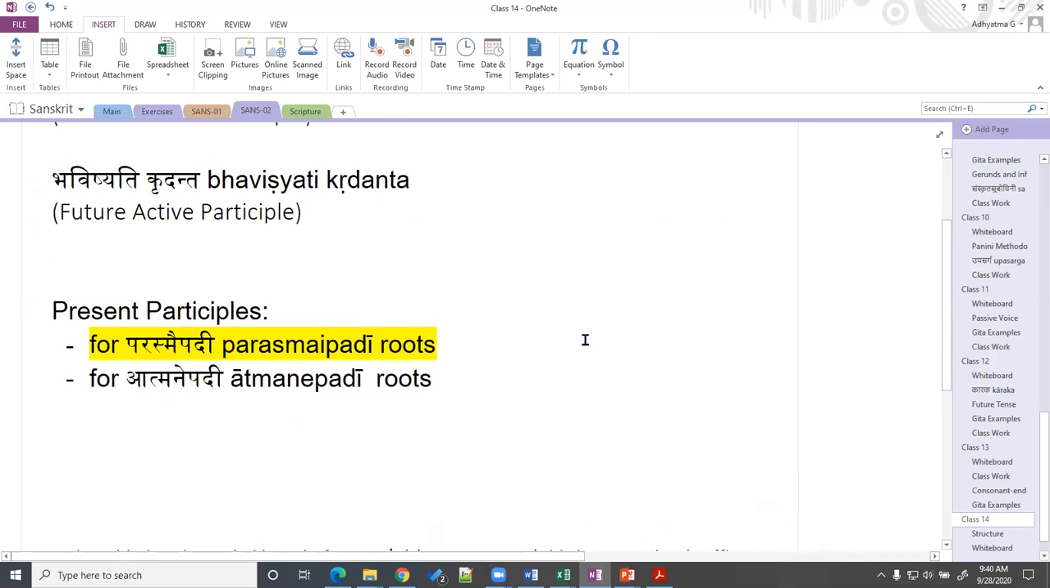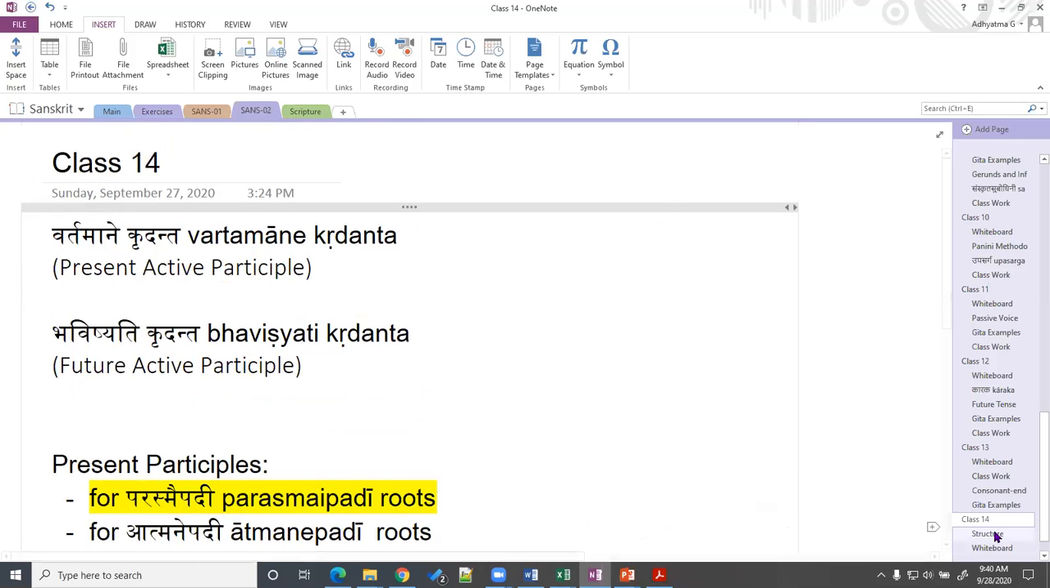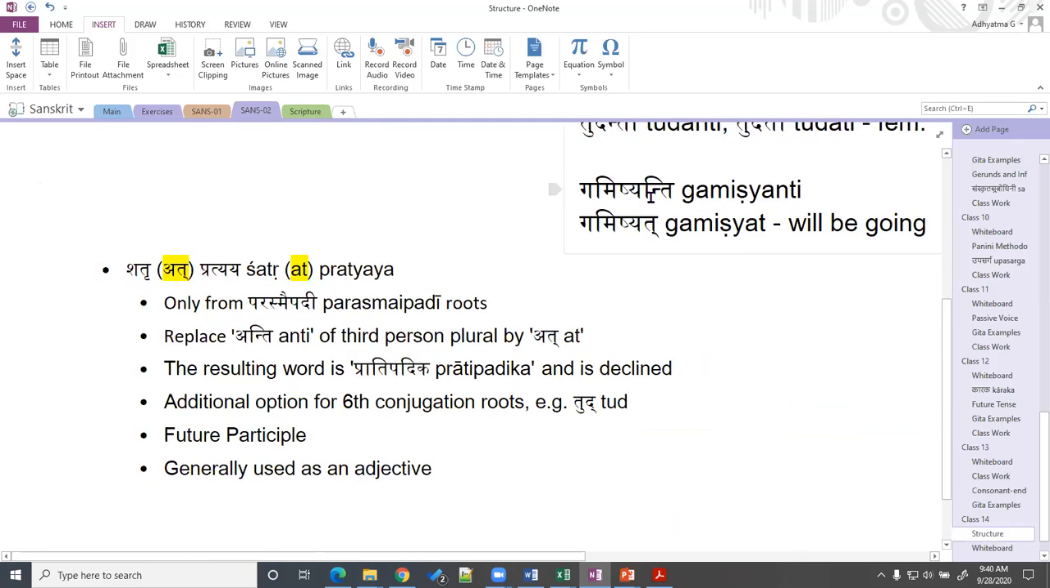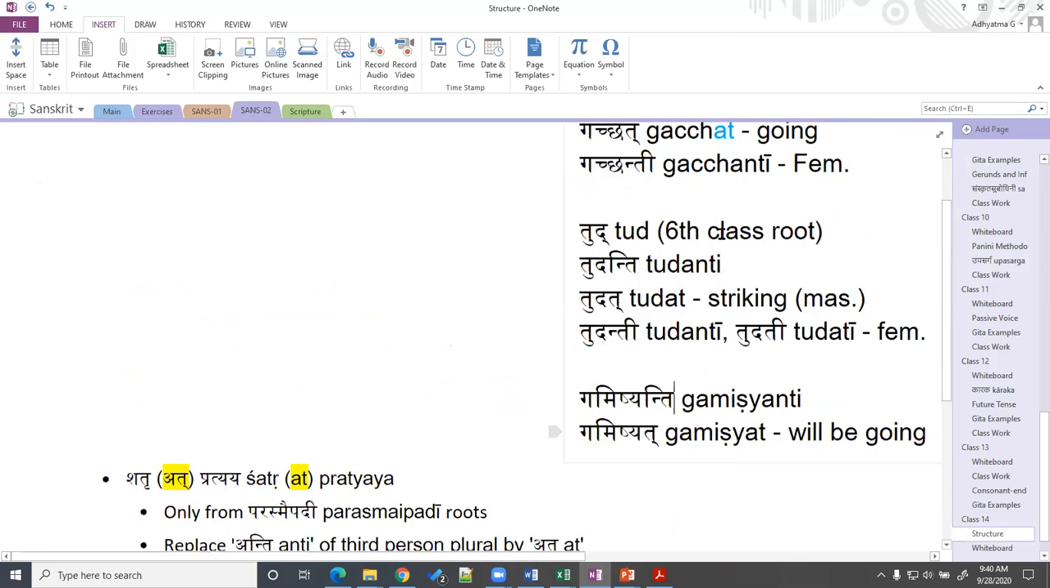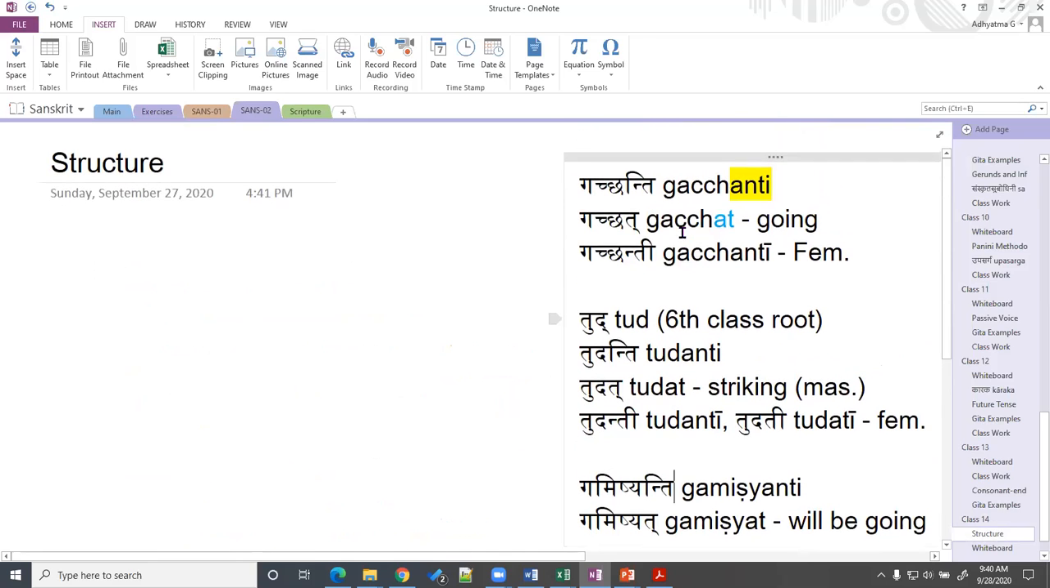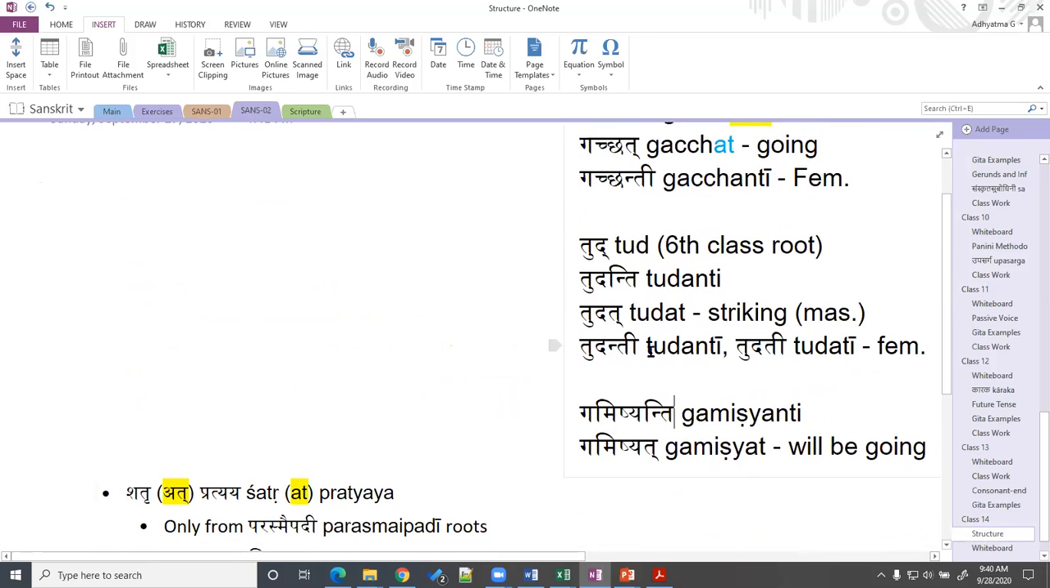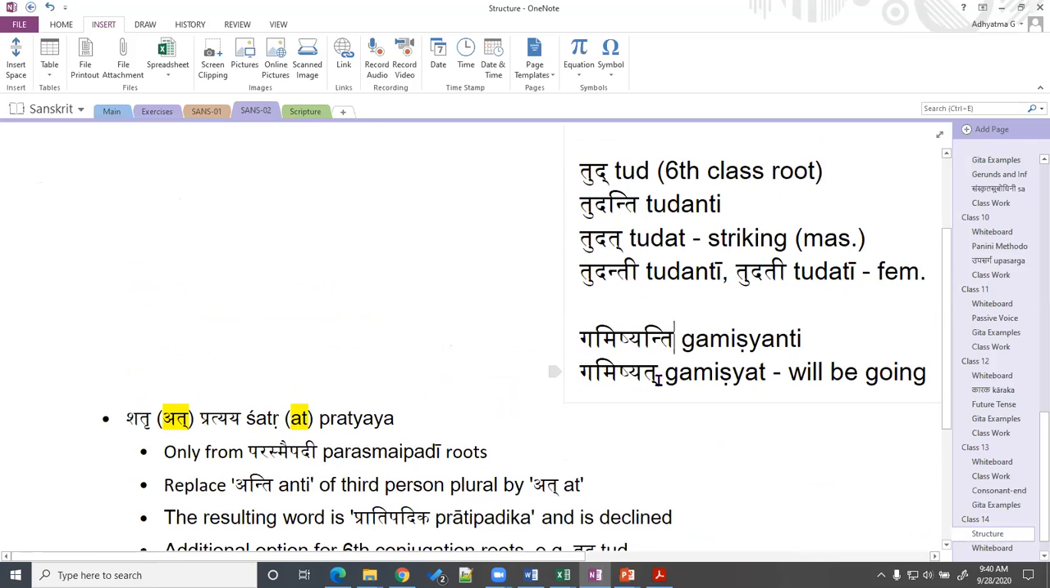Same thing, for the same reason I have also taken the future third person. In the future case, incidentally, the singular form will work fine for all the roots. But to keep consistency between the present and future, I use the plural. But if I say here Gamishyati,